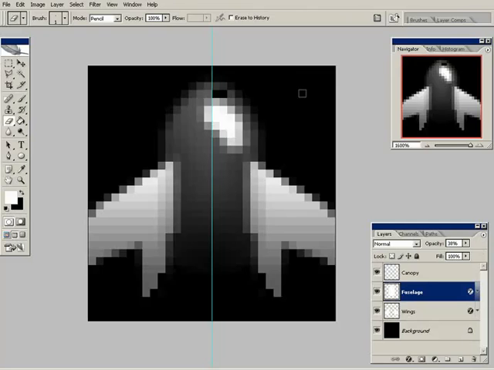That's no good. If you need to undo more than once, because if you just hit Control-Z like in every other application, you only get one undo. You do have more than one undo in Photoshop. You can hold down Control, Alt, and Z, and you can step back through your history and undo multiple times. Let's go back to the canopy, though, and I'm going to take out some of these excess